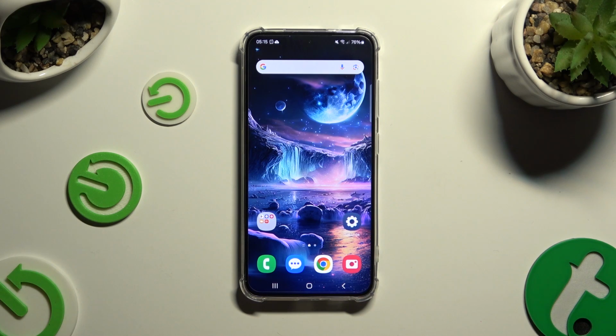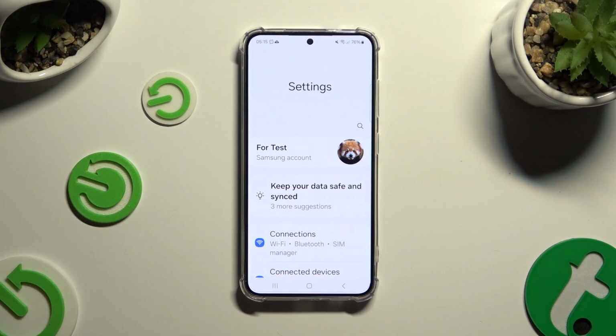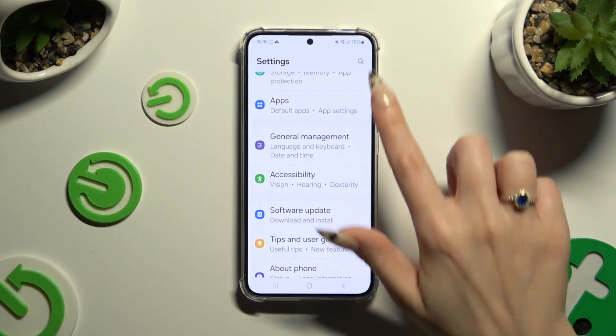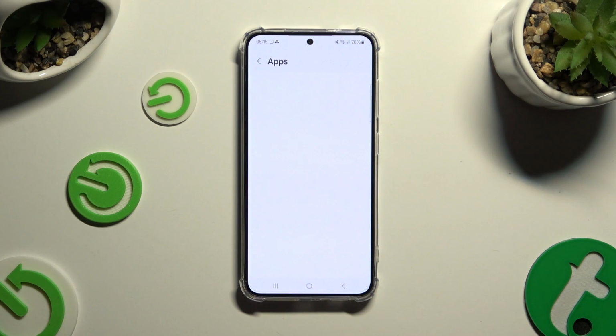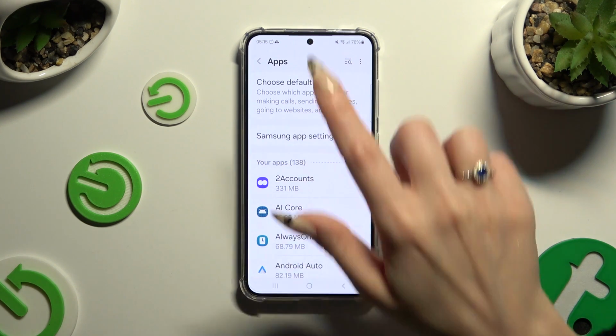I already did that, so I can go into settings right away. In those settings, scroll all the way down to access apps. Then click on choose default apps at the top